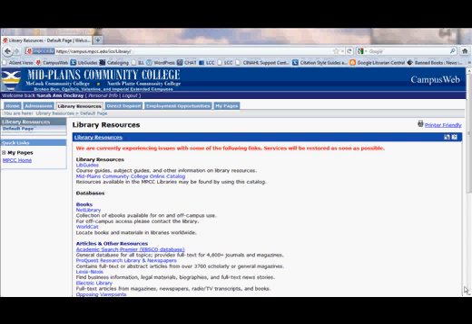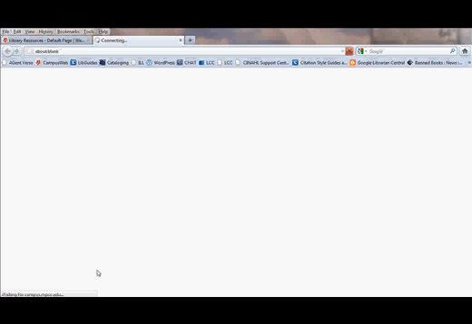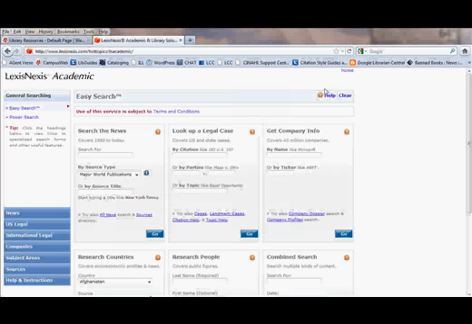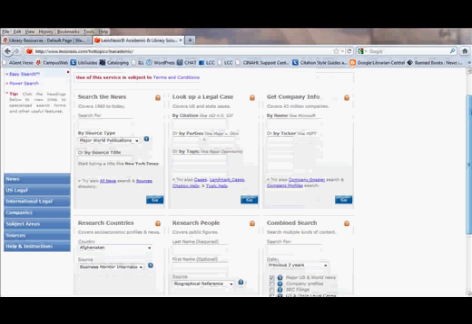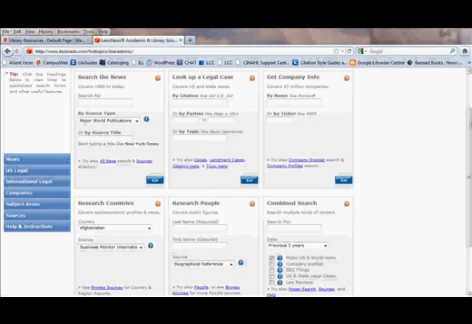Today I'm going to show you how to do research using LexisNexis, the library's news database. When you log on to Campus Web and click on the Library Resources tab, you'll find the link to LexisNexis under Articles and Other Resources. Once LexisNexis loads, you'll really get an idea of all the different kinds of information you can find through the